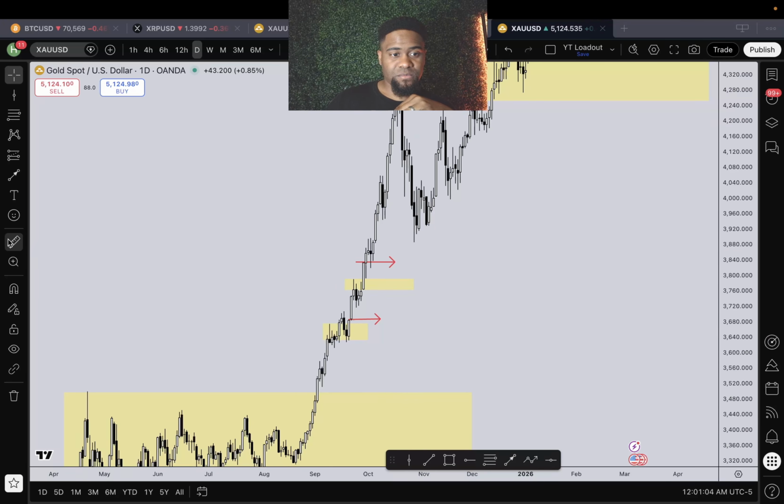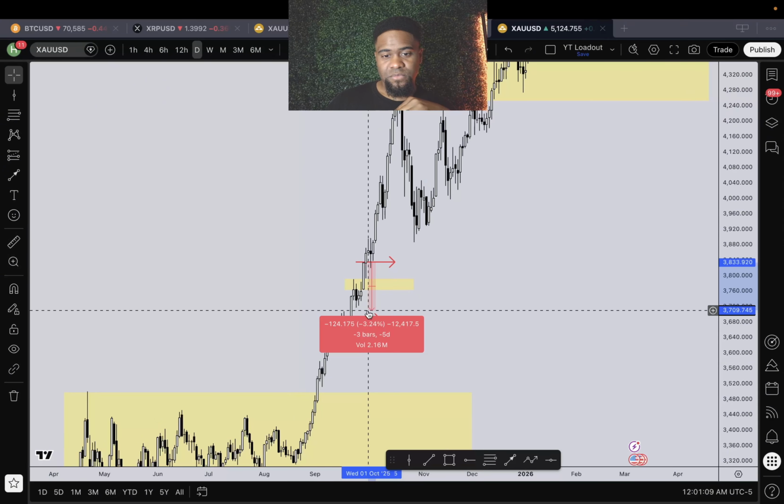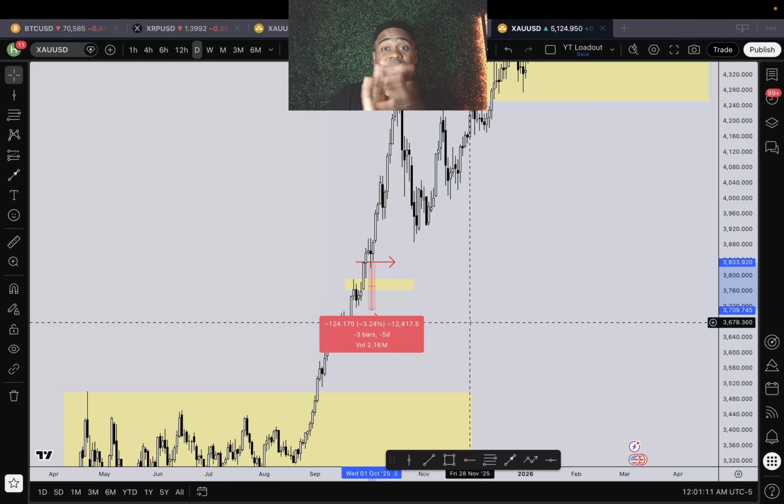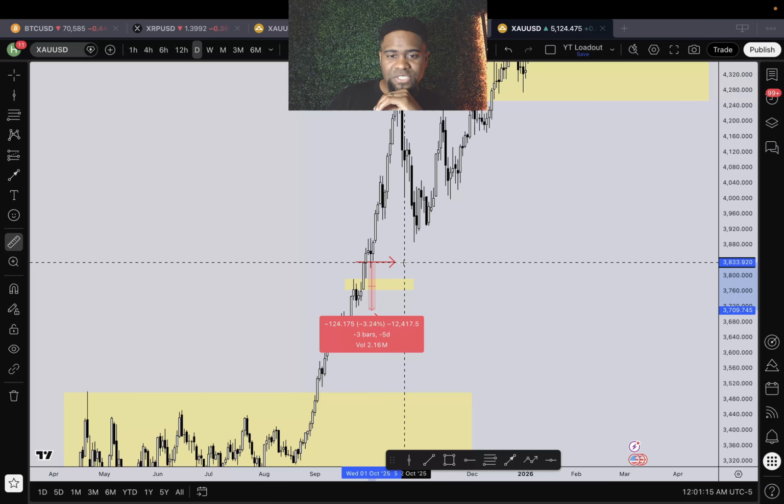For this trade, your stop loss would be below here. So you'd be risking about 12,000 points, but look how much you're going to be able to make from this opportunity. So you're risking about 12,000